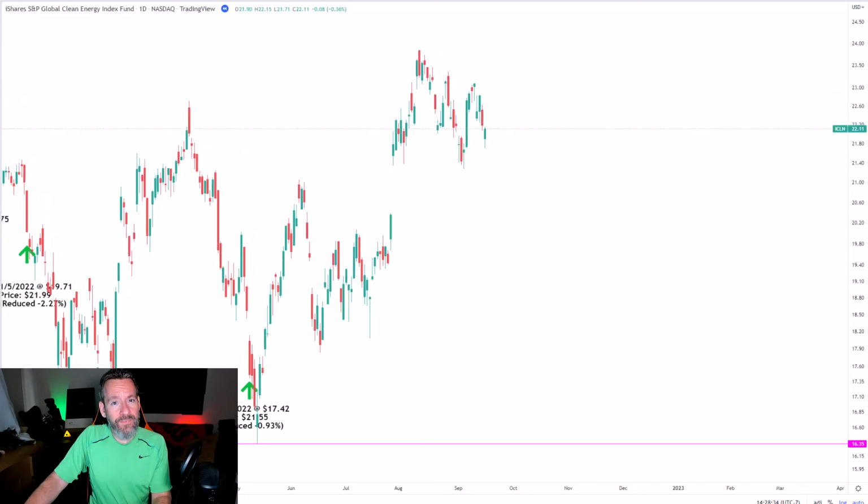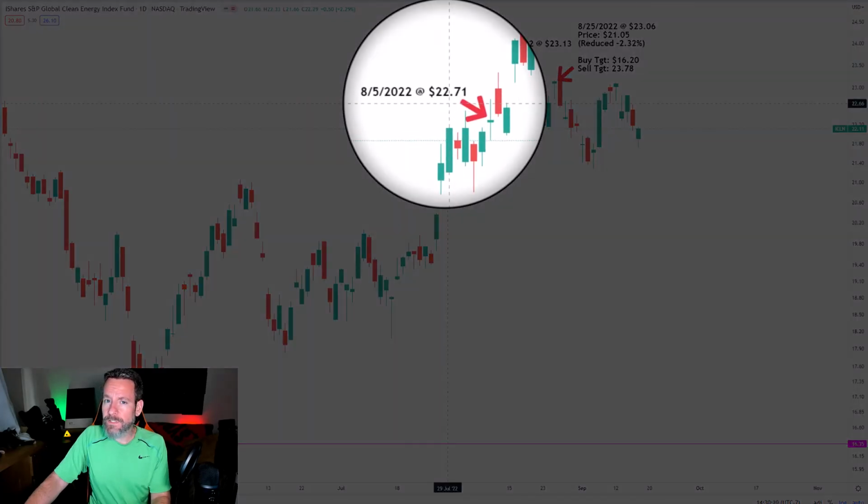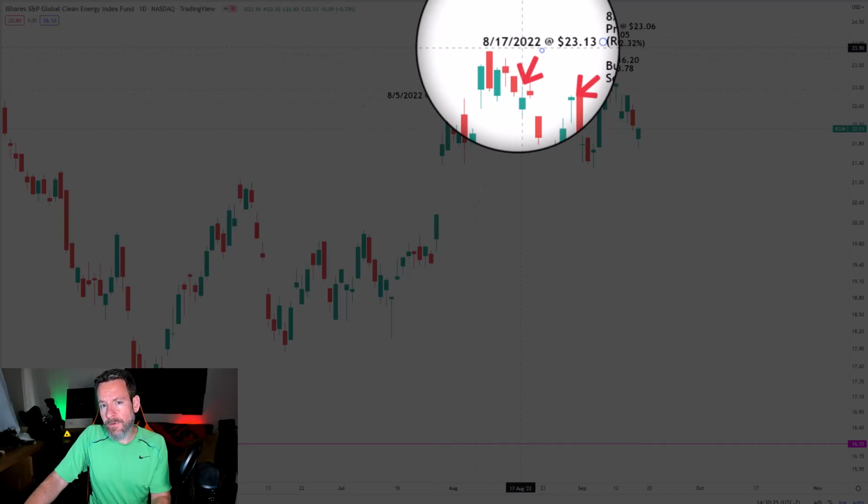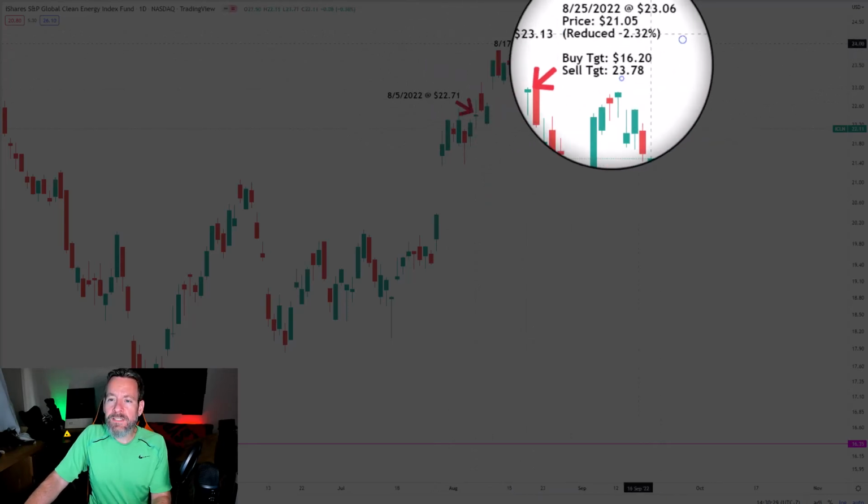I made 3 separate sells, one on August 5th at $22.71, a second one on August 17th at $23.13, and my most recent sale on August 25th at $23.06. The combination of the 3 sales lowered my per share cost 2.32% from $21.55 to where it is now at $21.05. From here, my next buy target is $16.20 above a past point of support, and my next sell target